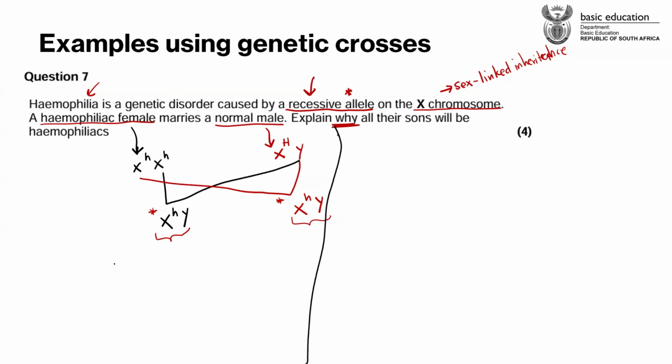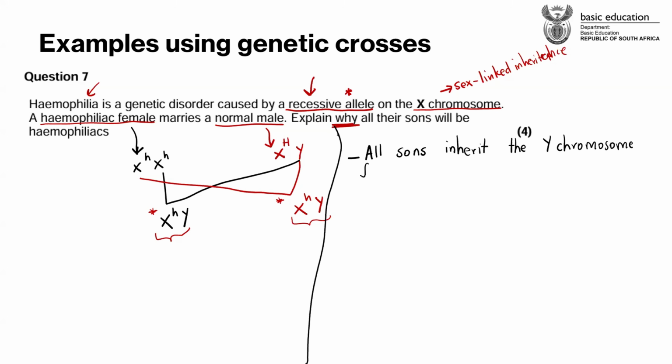And yeah, your network is cutting, but I hear what you say. All right. Yes, guys, that's what's most important to mention, that the father can only give the Y chromosome to the sons, okay? So basically, we have to mention that all the sons, or all the male children, inherit. Try to use terms such as inherit, guys, not give. So all sons inherit the Y chromosome from the father. And we already know that the Y chromosome can never have this condition.